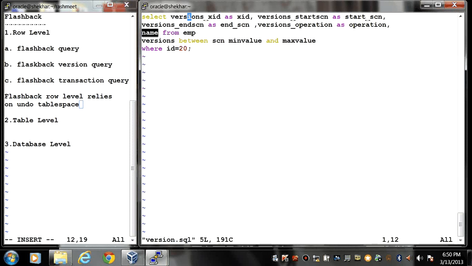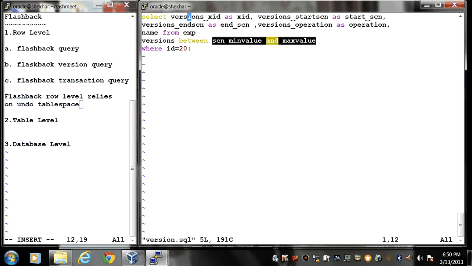And here I am going to select the name. Name exists as a column in the employee table, and this is the version between scn min value and max value. Now min value and max value are resolved to the timestamp or the scn of the oldest and the most recent data that is available in the database respectively.